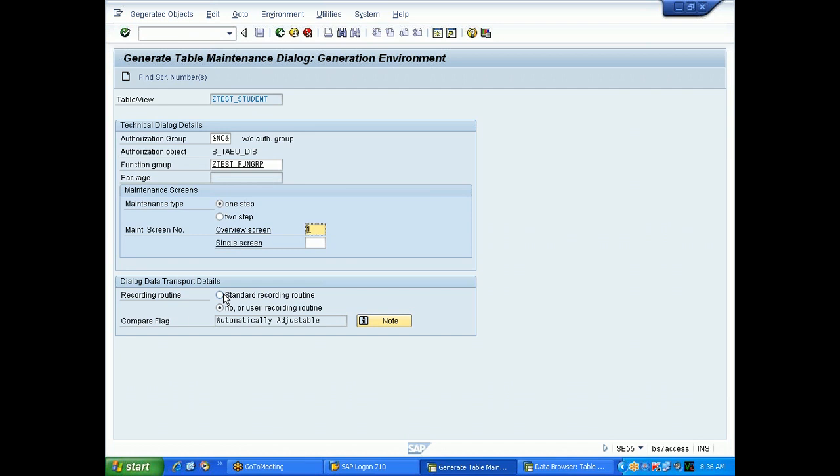Okay, please make a note. A program or application which was developed in the development server can be moved to the quality server by transport request.